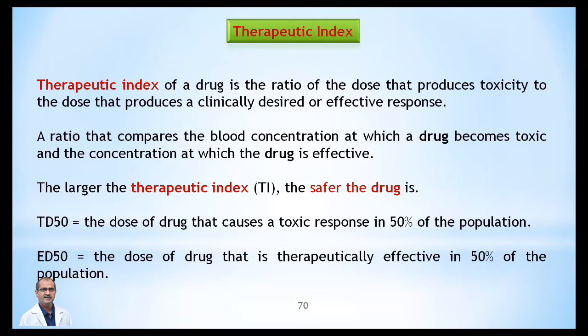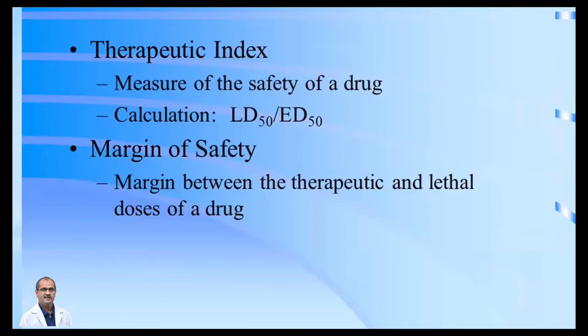So here TD50, toxic dose 50, is the dose of a drug that causes toxicity in 50% of the animals or response. Whereas the ED50 is the dose of the drug that is therapeutically effective in 50% of the population. Here please see that it's a population, it's not a single tissue. It is in different animals, in a big group of animals. You are going to administer the drug, then find out the toxic dose 50 and the effective dose 50. Usually TD50 divided by ED50 is equal to the therapeutic index.